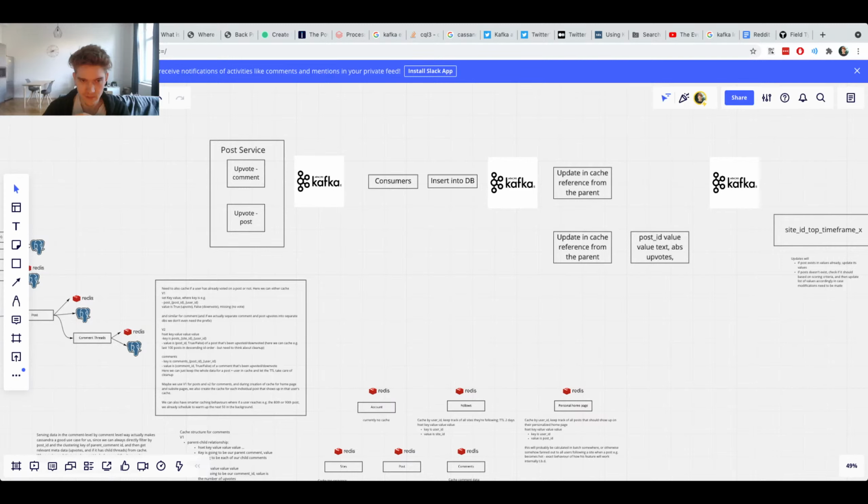Yeah, so the other thing is, what happens when we submit a post and when we submit a comment? Do we want to insert that directly into the database, or do we want that to go through our pipeline? So, obviously, if we use the service directly to insert the data, we have fewer points of failure, and when a post is submitted, it can be directly inserted into the database. So, the problem, obviously, that we can run